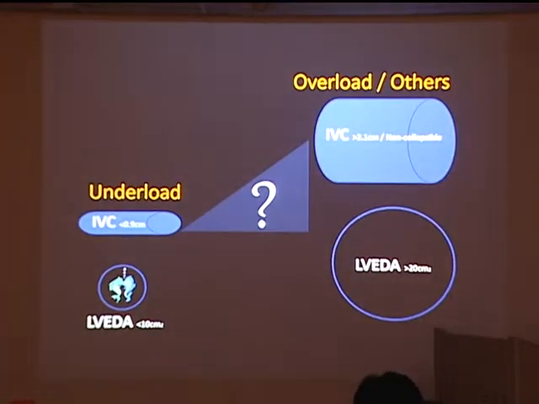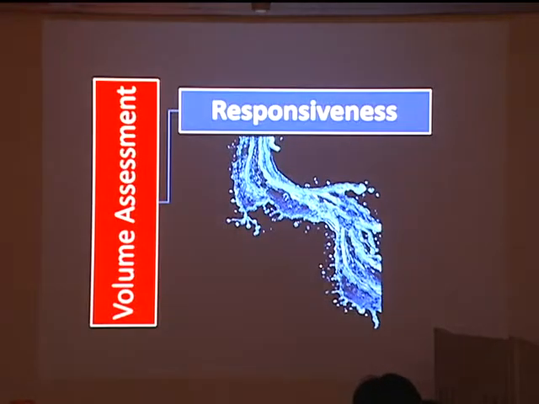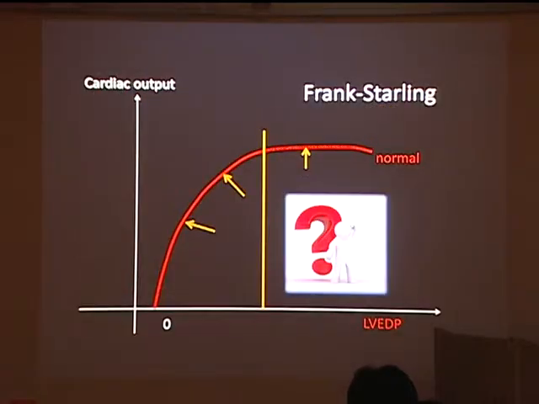Right? So what do we do? We have to move on to the next topic called fluid responsiveness, to see whether or not our patients who lie between this spectrum are going to respond to our fluid challenge. So this is what fluid responsiveness is about. Everybody knows that this is called the Frank-Starling curve. The question everybody asks is, where is my patient on this Frank-Starling curve? This is fluid responsive. If I give fluids, I will increase the cardiac output. This is totally flat. If I give fluids, we will end up with pulmonary edema.